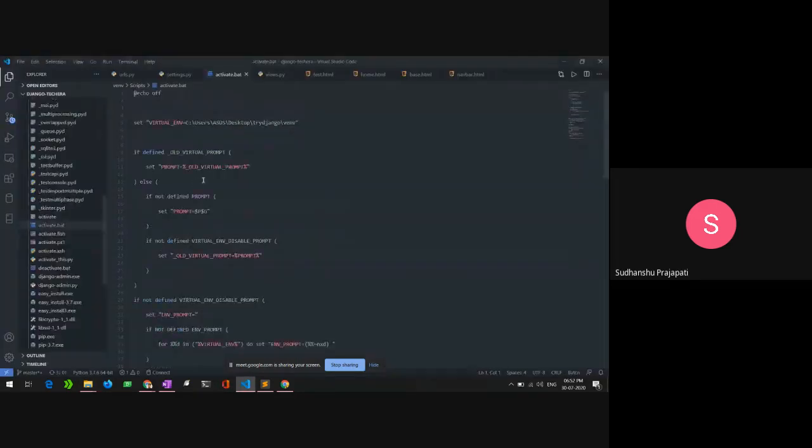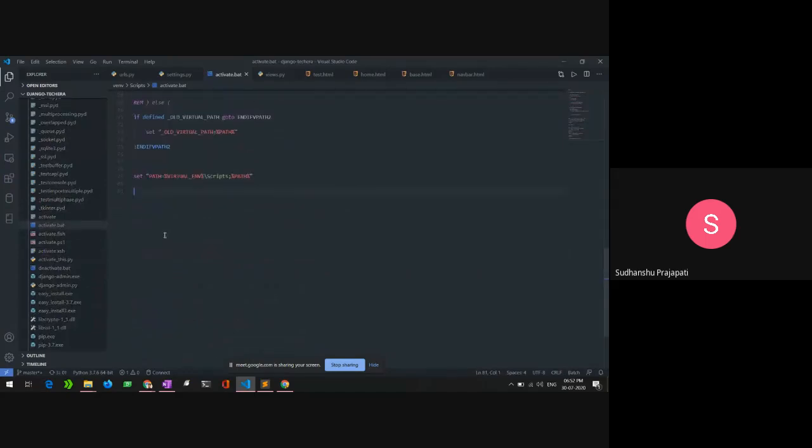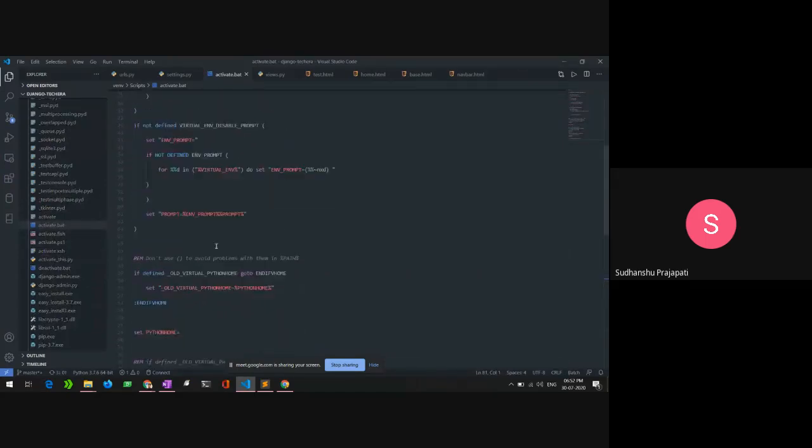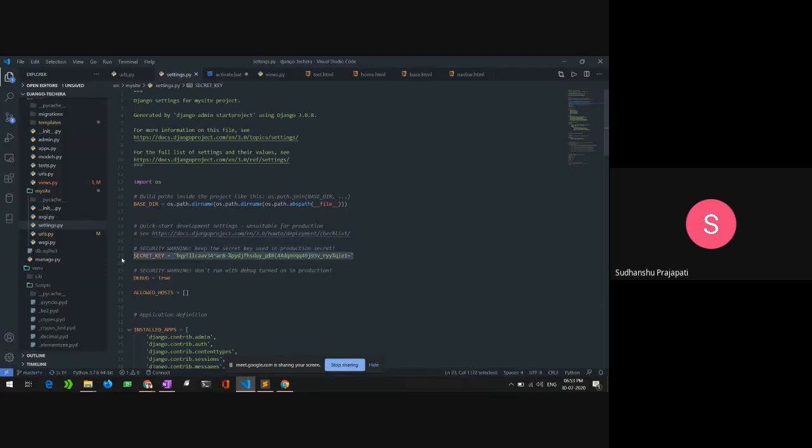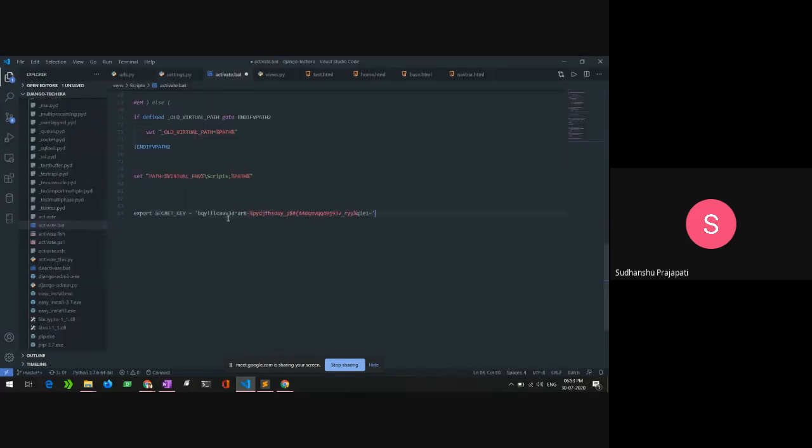I will open it with my own code editor, go below all the things, scroll down to the end, and write export secret key, or whatever I want to give here. I will store it here.